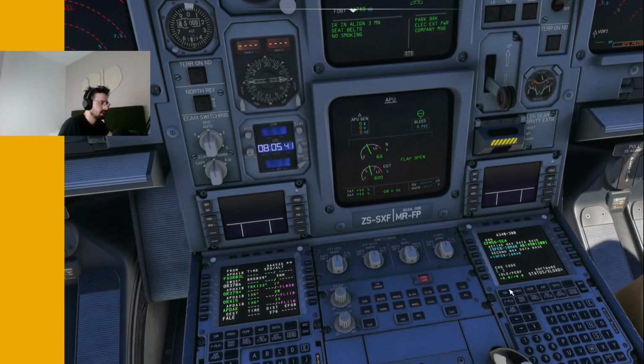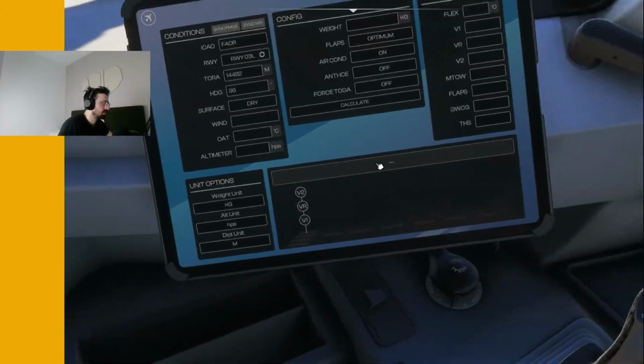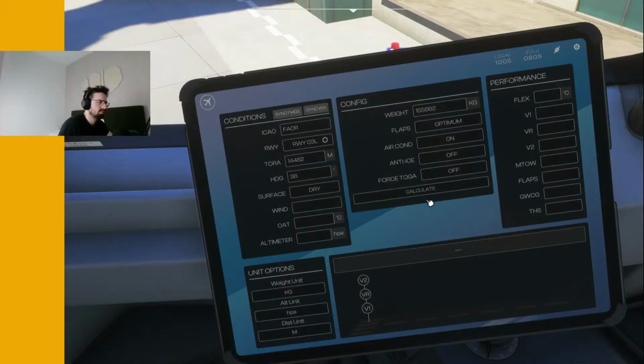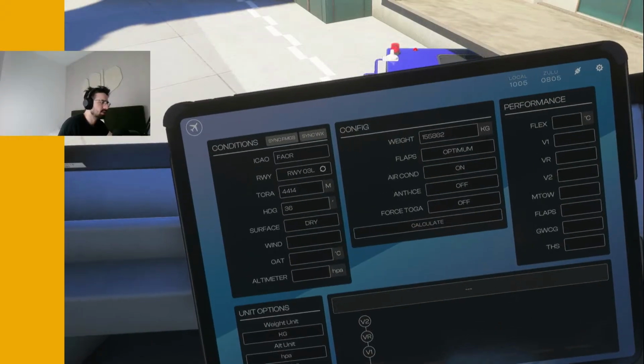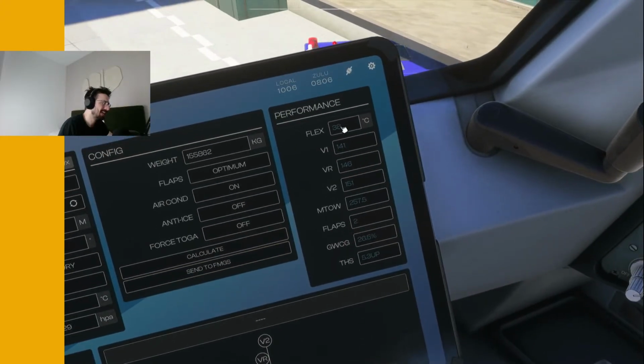APU starting. Performance page here. We're about to calculate performance. So let's go. Takeoff. Okay, we should be able to sync from the FMGS. Sync weather. Wind is correct. Great. Calculate. Now let's not forget about our weight and balance. Flex 38, 141, 146, 151, flaps 2, 3.3 up. Send and